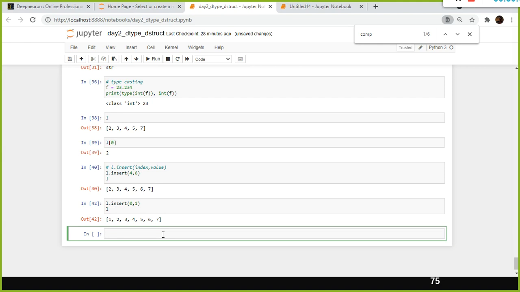List is also an object. I showed using a for loop or list comprehension that you can retrieve one value at a time. That is the reason why list is called iterable. You can iterate the values using a for loop.